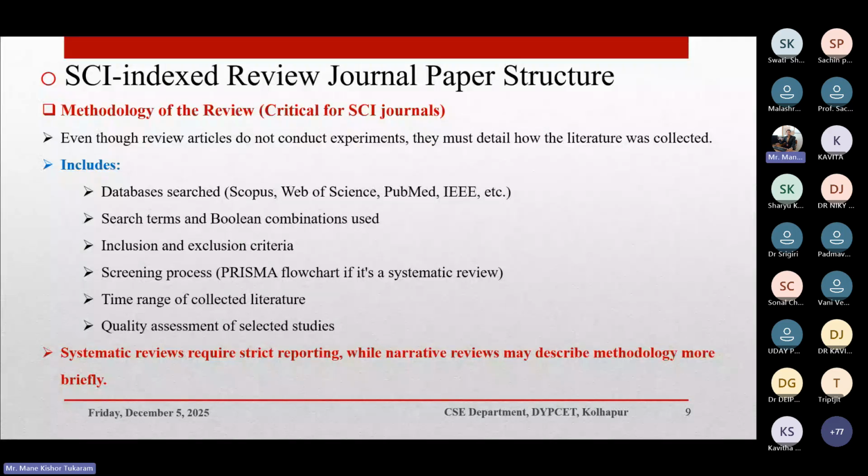It includes which databases you have searched to gather the review papers, which search terms or Boolean combinations you have used, which contents you have included in the review paper, and which contents you have not included. Again, we need to